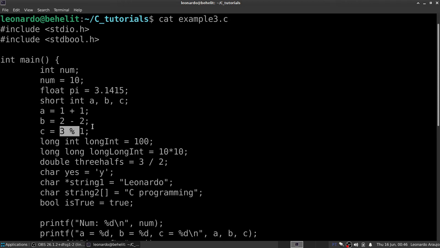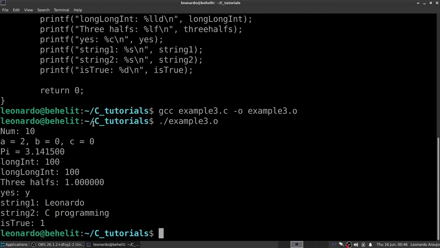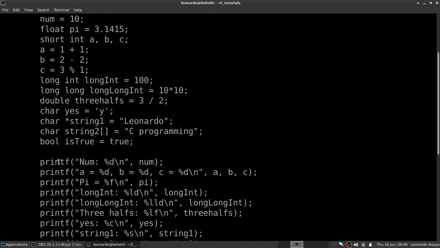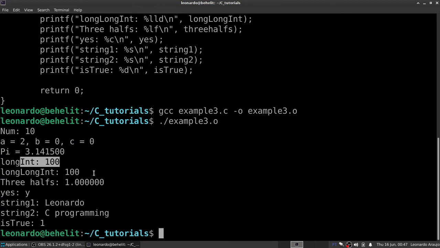Actually, sorry, it's 3, so the remainder is 0, correct? And here we have pi with some extra zeros which we don't need. We can get rid of them later. So long int equals 100,